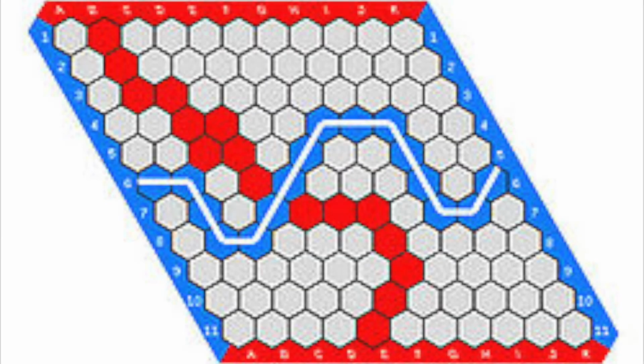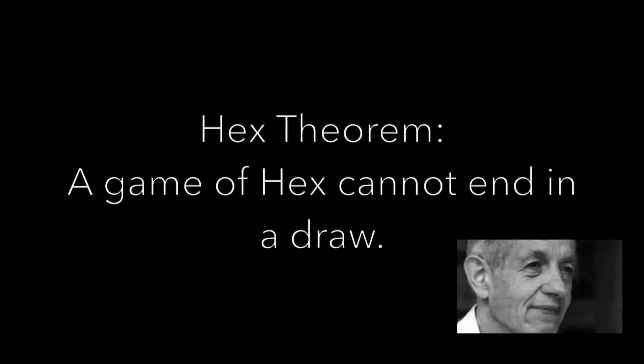The game of hex was invented by Danish mathematician Piet Hein in 1942 and reinvented in 1948 by Princeton mathematician John Nash. The game is played between two players on a hexagonal grid. Player 1, indicated by blue, attempts to mark individual hexagons to construct a path from the left to the right sides of the board, while Player 2, indicated by red, attempts to construct a path from the top to the bottom of the board. In 1949, John Nash proved that a game of hex cannot end in a draw, which